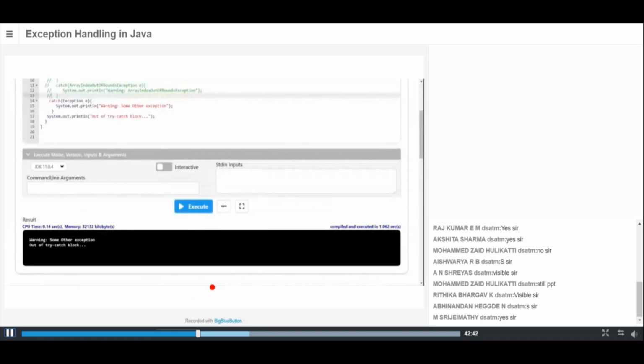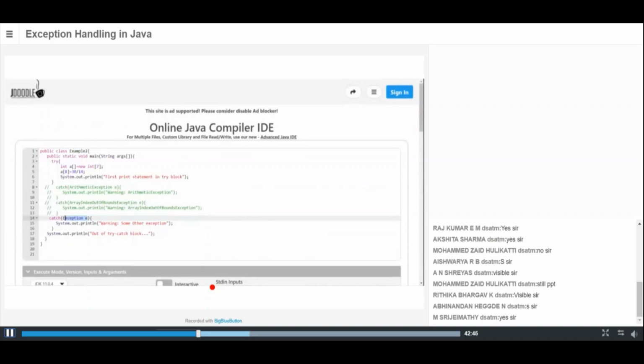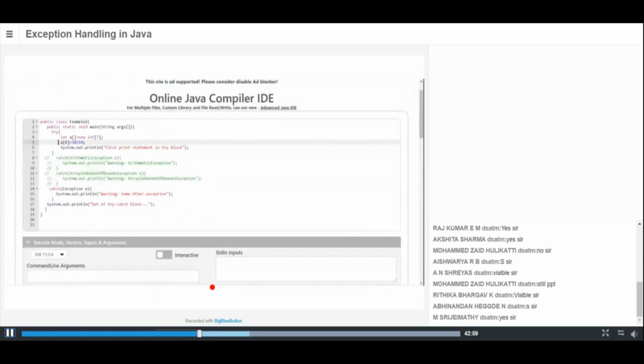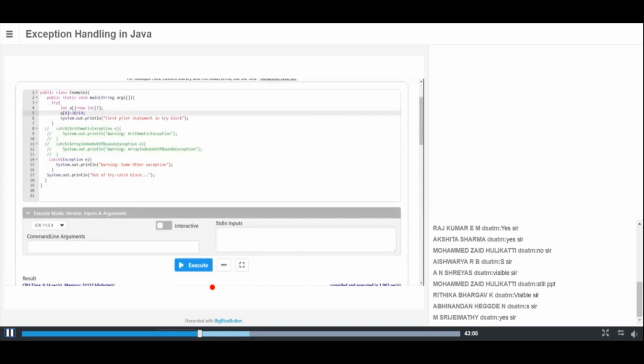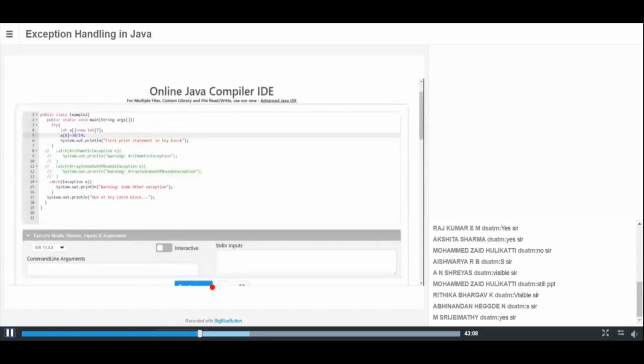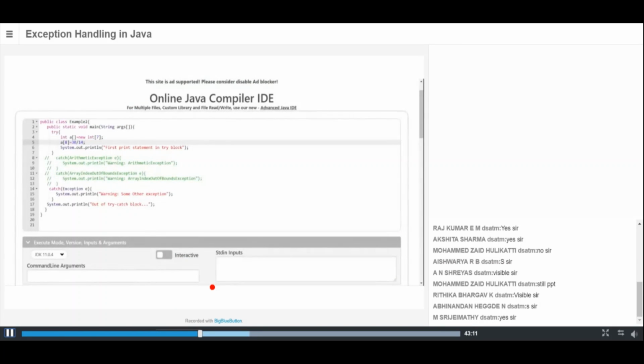See, this generic exception knows how to handle the specific exception that belongs to any exception statements. See, directly, since there is no other specific exception, it comes to this catch. Okay, it handles it and we get an output. So what we have to look at whenever we are writing multiple catches is that this generic exception should always be present in the last catch statement, not in the first catch statement.